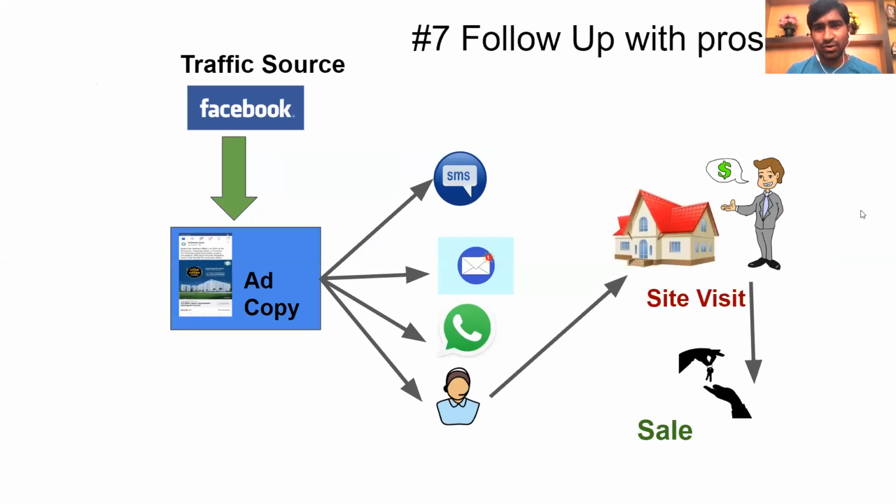This is the follow up. Here is the traffic source. In case you're doing any Facebook ads, your customer sees the ad and clicks on it. When they give the details like name, email ID and phone number, you have to send across an automatic SMS, an automatic email, and an automated WhatsApp message